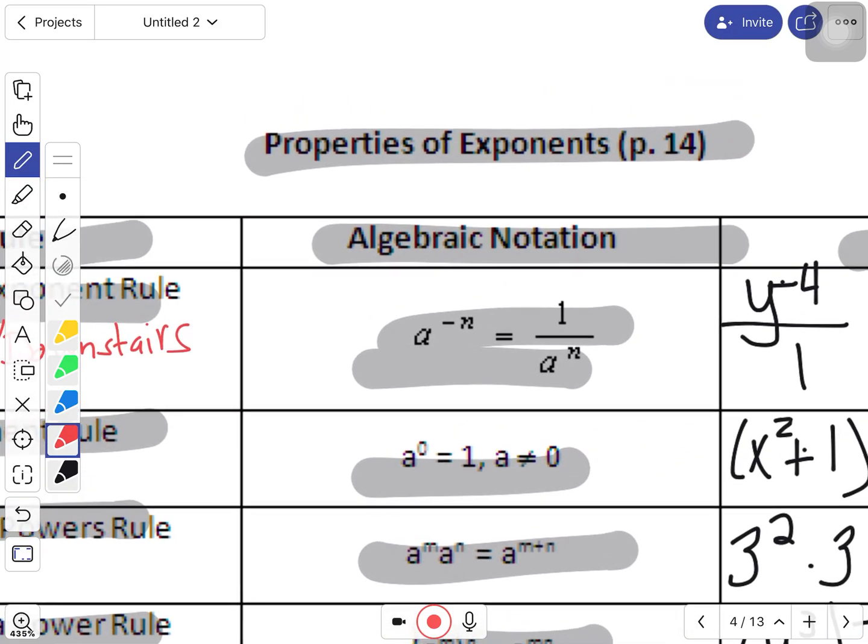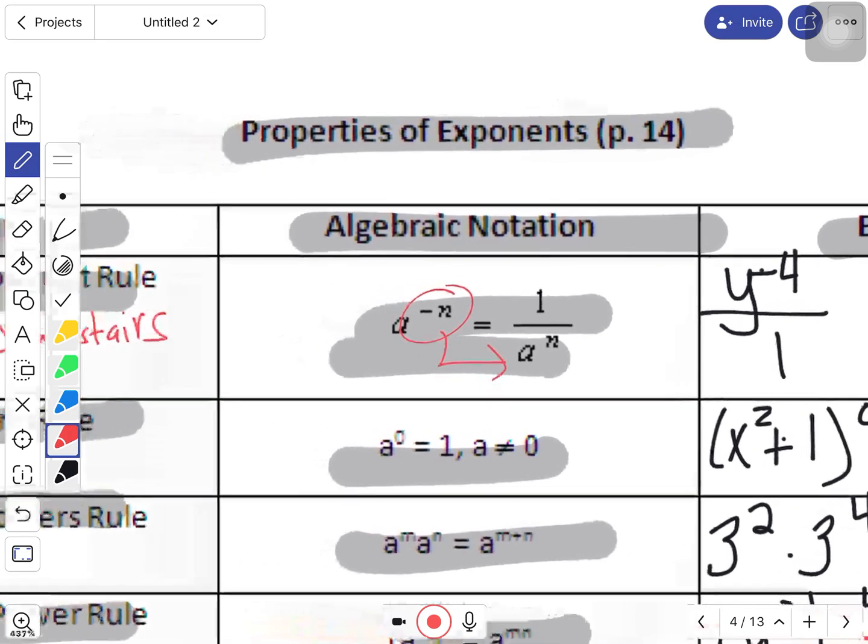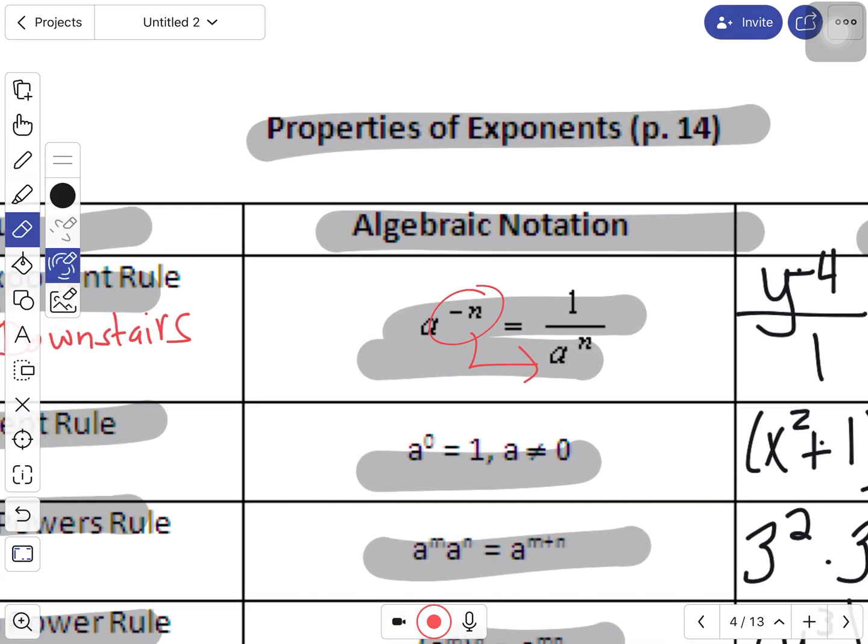So I use my upstairs downstairs rule. Essentially, it cooks down like this. If it's negative and in the top, like here, you have to move it to the bottom. Conversely, we could add to this. If we had something that was negative and on the bottom,